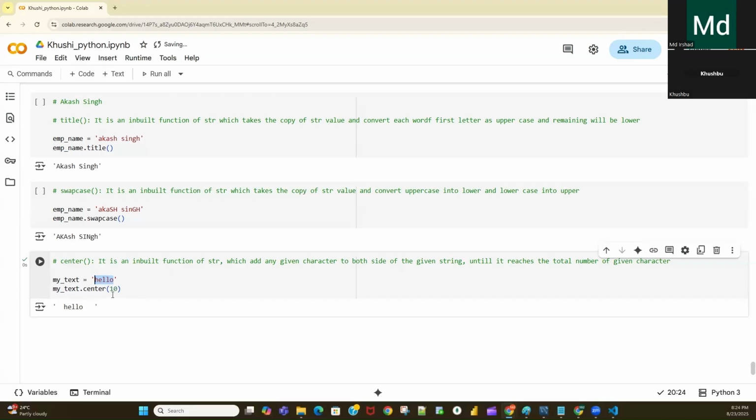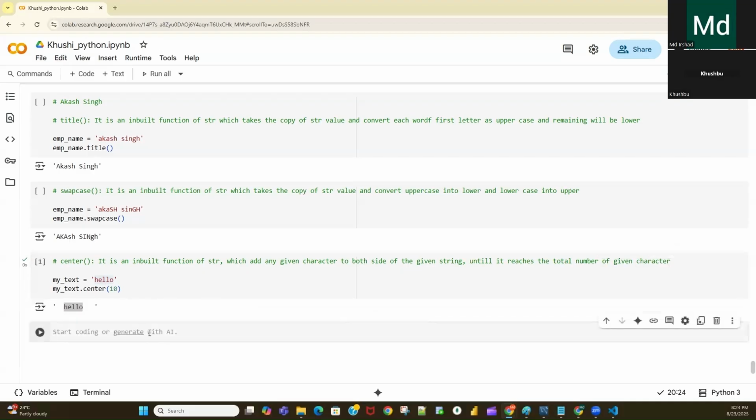I want the output to be 10 characters, and these 5 characters are already there, so it will add 5 spaces in total on the left and right side. Here it is adding 2 spaces, and here it is adding 3 spaces. So 2 plus 3 is 5, and this 5 characters. So total 10 characters.